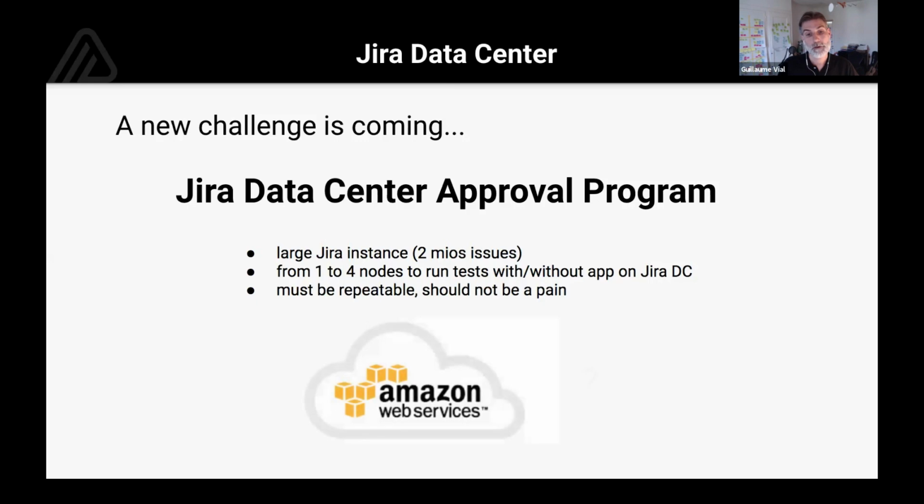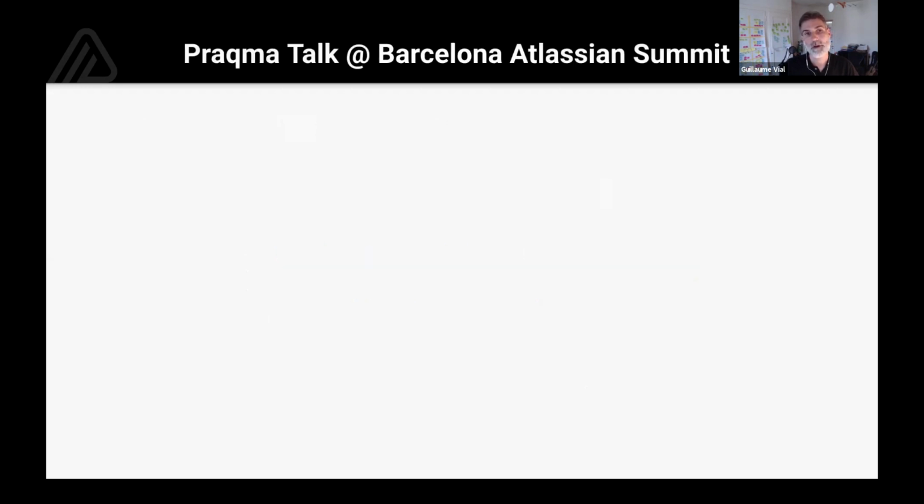And the default solution, I would say, proposed by Atlassian to app vendors was to use Amazon Web Services, AWS, and we tried to use it at first. It was working, but it was quite expensive. And just to run a few sets of benchmarks on a very large AWS instance was very quickly quite expensive, at least for us. And so we remembered a brilliant talk